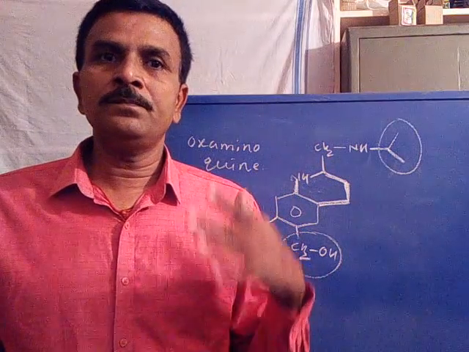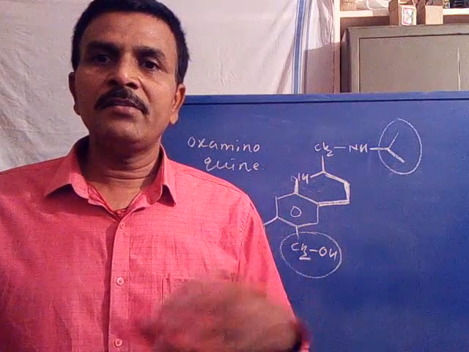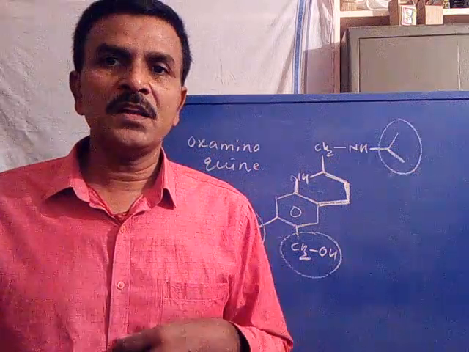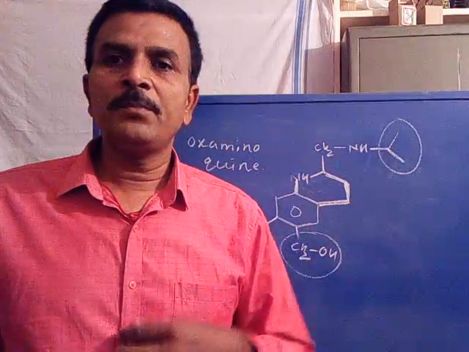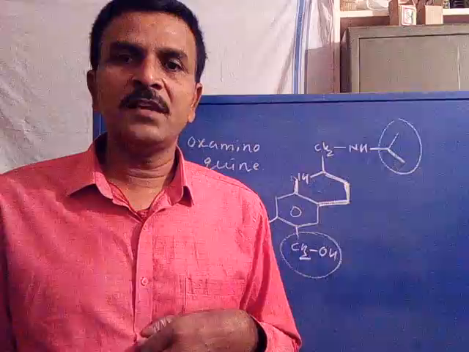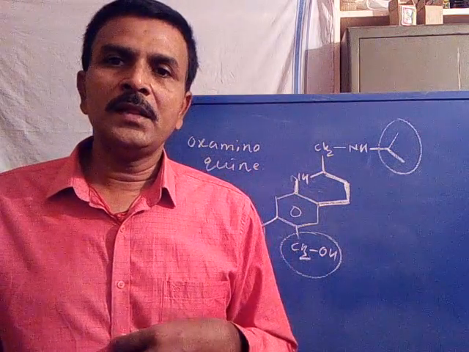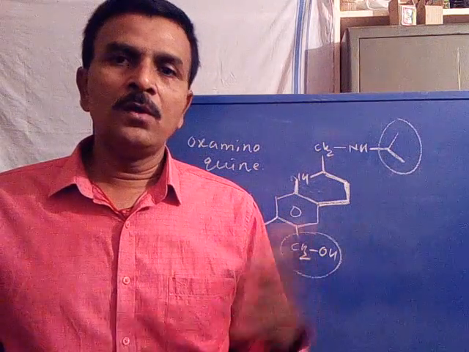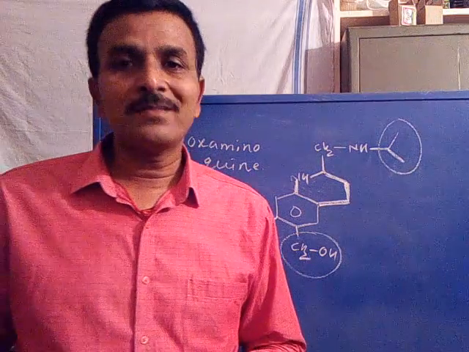Structure 1 shows a more basic nature of nitrogen, resulting in activity only in monkey, not in human. The second structure is somewhat active. Its activity is further increased by replacement of chlorine by a nitro group, a more electron withdrawing group, which reduces the basicity of nitrogen, and the alkyl group is transformed into alcohol, and the bulky diethylamine group is replaced with a simple isopropyl group to get oxamniquine. So this is the discovery of oxamniquine.